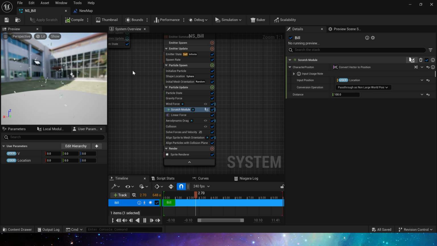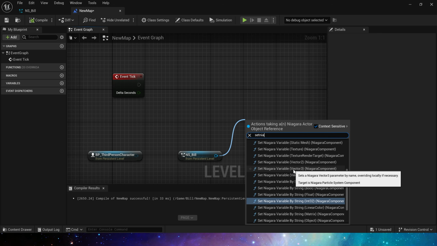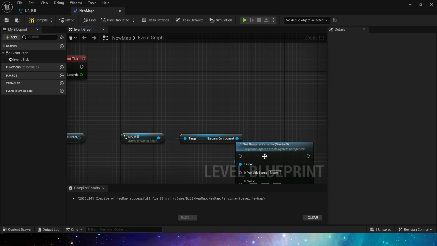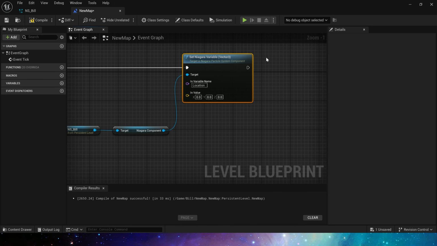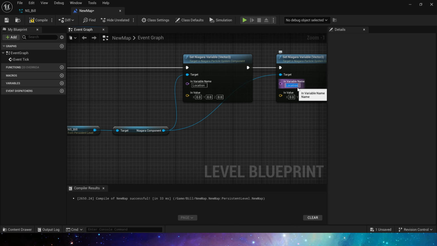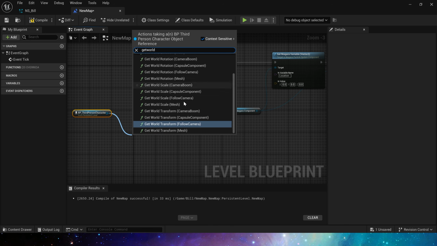Then open the level blueprint and set the user parameters in Niagara. Vector, first set location, the character's position in the level, and V, which is the speed of the character. Now we can get the world location of the character, select the location of the mesh,